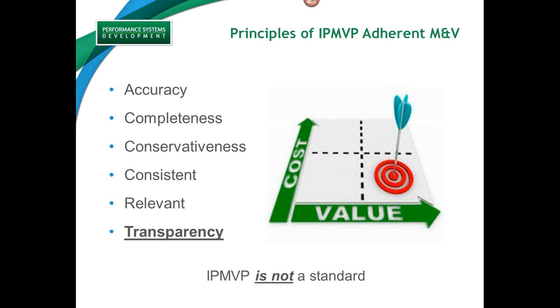What's important to note here is that neither IPMVP nor Guideline 14 are standard documents. They're not standards. They're guidelines, as Guideline 14 is, and the protocols, as IPMVP is. So because they're not a standard, there's a lot of interpretation that needs to be applied. The decisions will need to be made when we're developing an M&V plan and whether we're implementing that M&V plan. And again, the core principles here, when we have to make a decision, we look back to these principles and they guide us in the decision that we make.